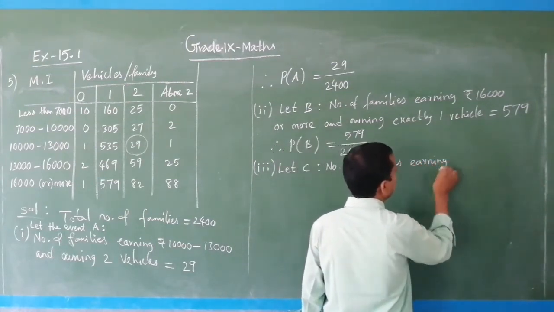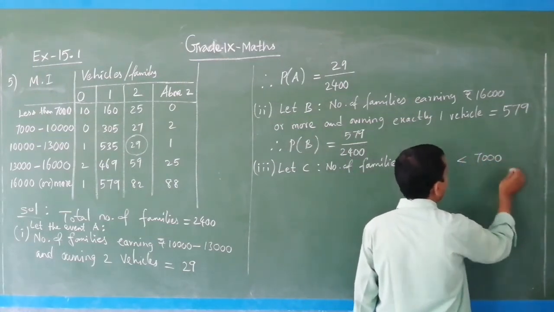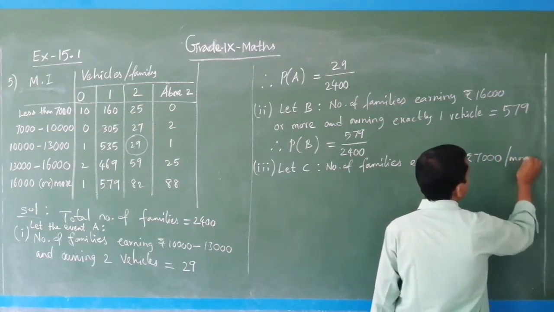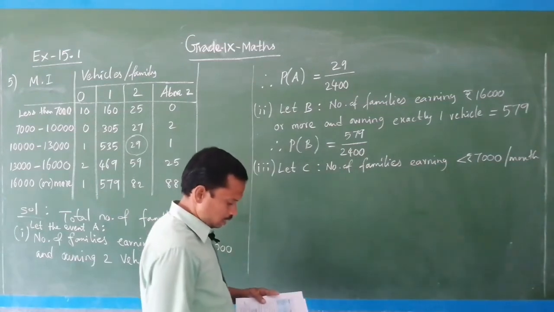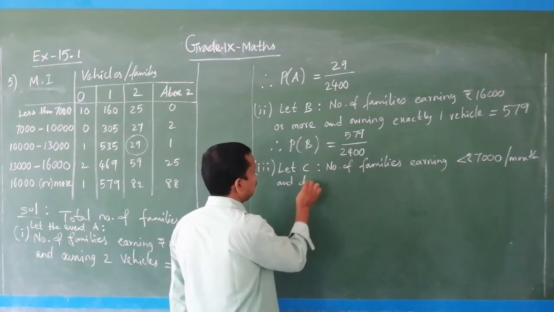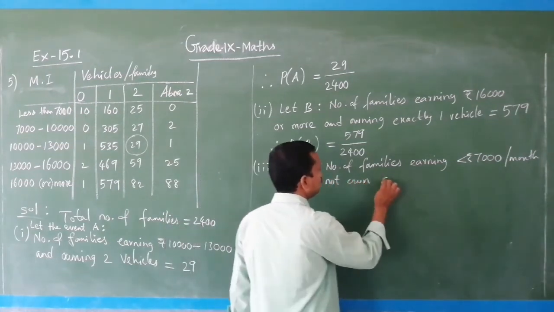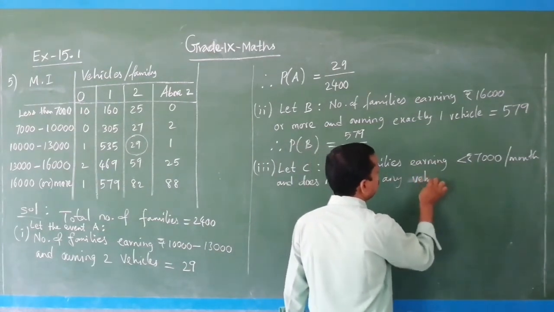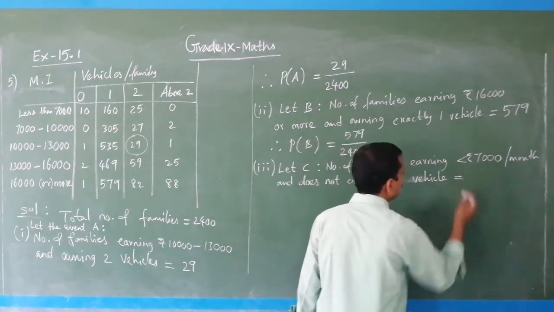earning less than 7,000 rupees per month and does not own any vehicle. So that is equal to